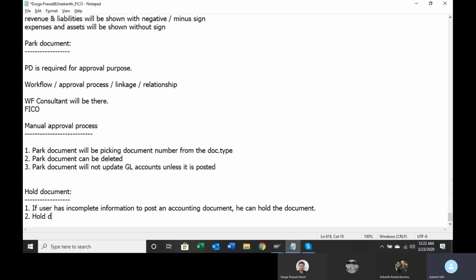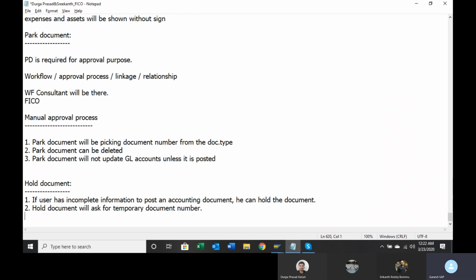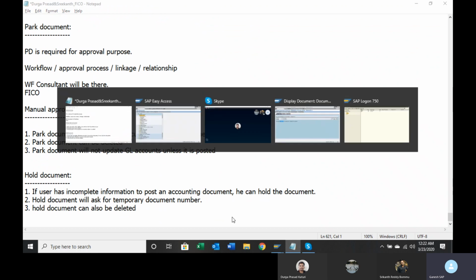The whole document will ask for a temporary document number. So it will not pick the document number from the number range. It will ask the user to give some dummy number. Whole document can also be deleted. So you can delete the whole document as well.